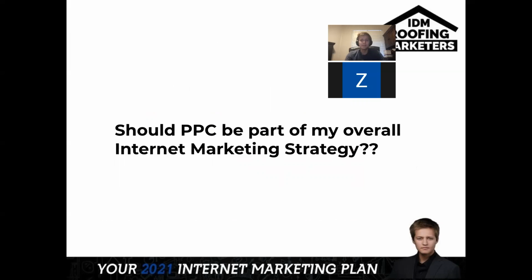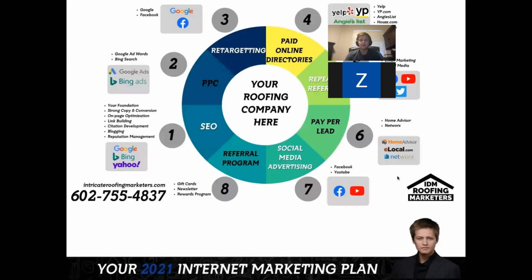So should PPC be part of your overall internet marketing strategy? Of course it should be, but we're going to dive deeper into what this really entails and talk about the importance of PPC advertising as it relates to your dominance plan. So your dominance plan at the end of the day really comes down to 8 different components of your marketing. Now, 1 SEO, 2 PPC, 3 retargeting, 4 paid online directories, and so on and so forth as we go around. So if you really want to take your roofing company to the next level, you take a look at this dominance plan,